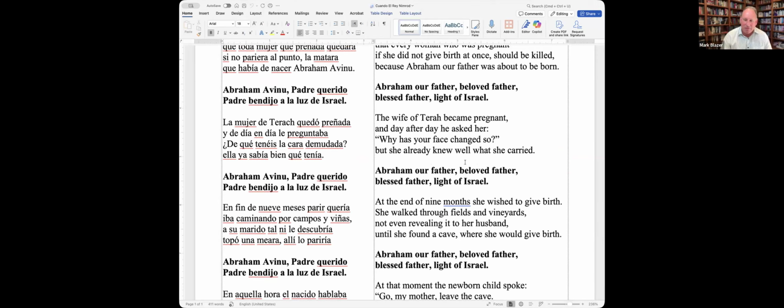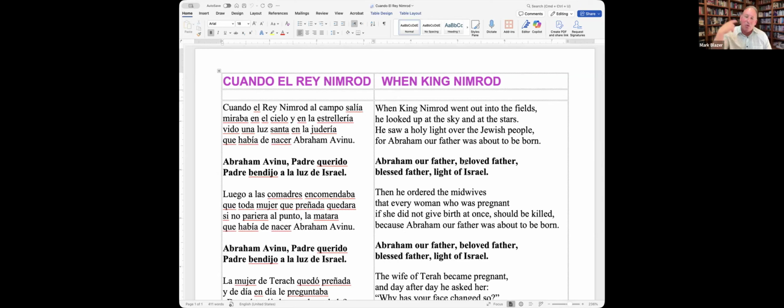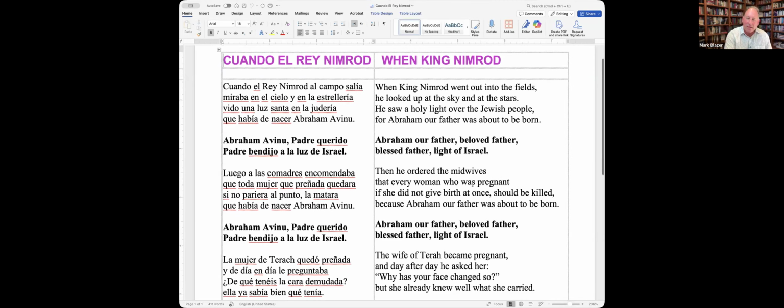So yeah, it's a very interesting story, interesting midrash. And what's interesting, of course, about this song is that it ends up saying that Nimrod went out to the Juderia, right? In Ladino, the Jewish quarter. Well, of course, there was no Jewish quarter yet because Avram wasn't born. But what you see is actually also